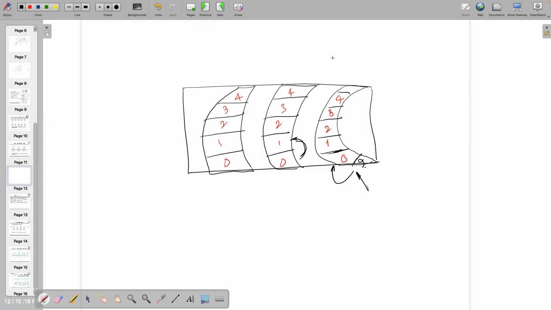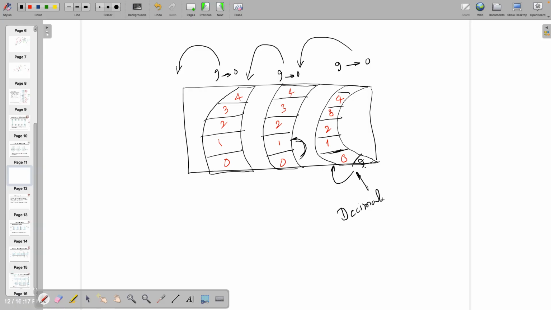So same way, like this is going from 9 to 0, then this will change. When this goes from 9 to 0, this will change. Whenever this is 9 to 0, next to it will change, right? So this is for decimal counting.